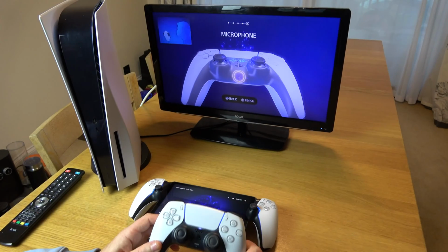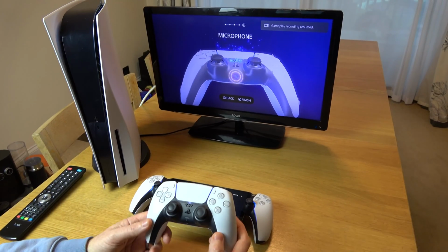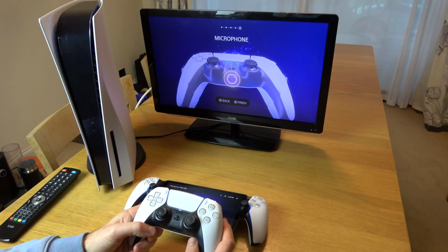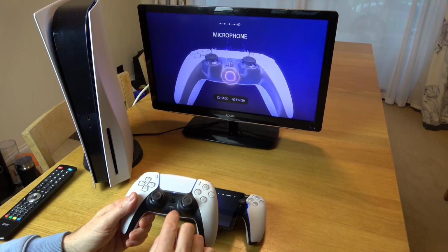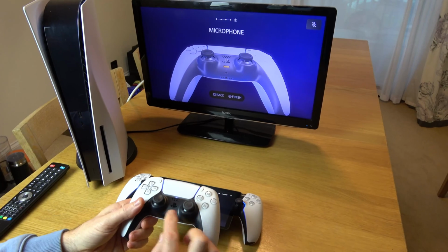If you're wondering how the microphone works on the PlayStation Portal, I'm going to show you. It works very similar to the DualSense controller, but one feature is missing. So on the DualSense controller, you can see the microphone is now working. When I'm speaking, it's coming up here. When I hit the mute mic button here, it will stop coming up on screen because the mic has been